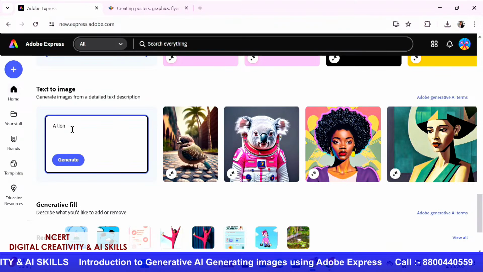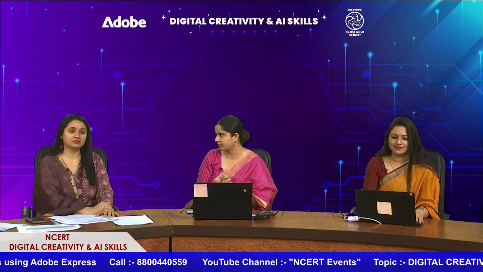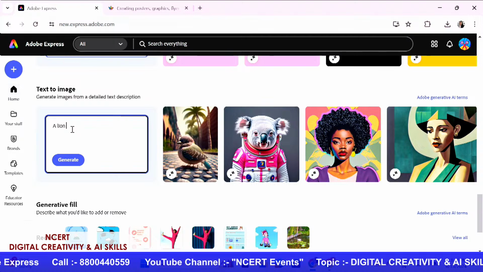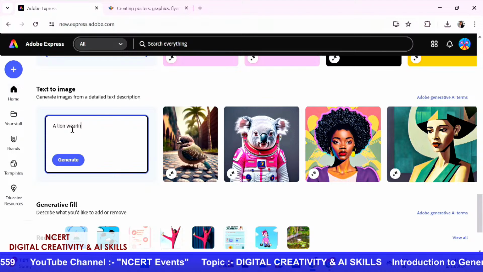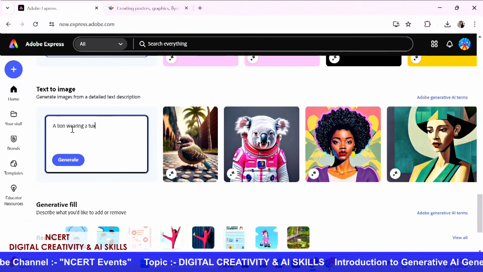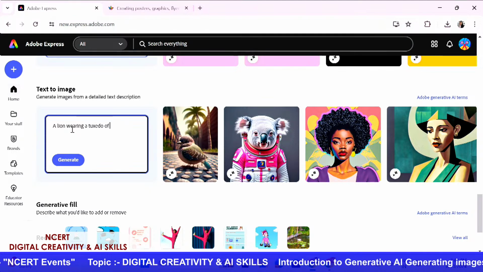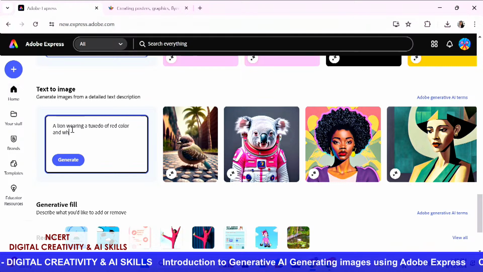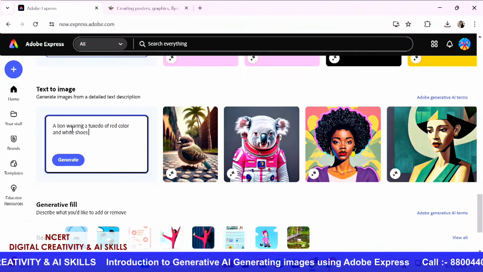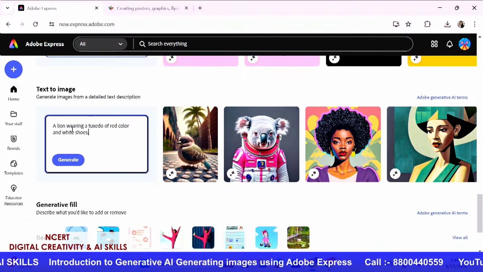And now imagine what your lion is wearing today. So give me a nice piece of clothing. It could have a hat, it could have some shoes. Also mention the color of whatever outfit you're deciding for your lion. Okay, so a lion can be wearing a good tuxedo, a suit. Perfect. And that too of red color. Okay, all right. And wearing a tuxedo, the shoes should be white. And the hat, I think the combination could be white and red maybe. Okay, perfect. Let's go with that.